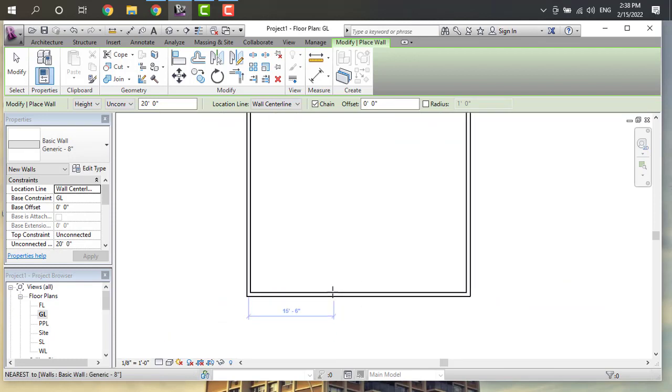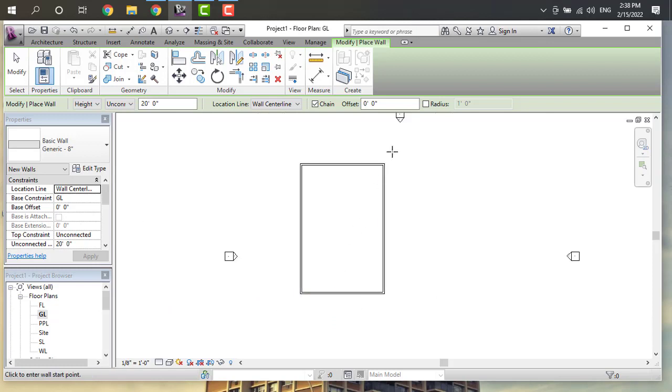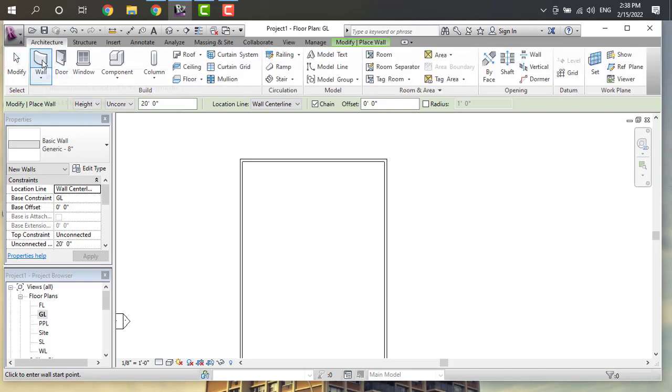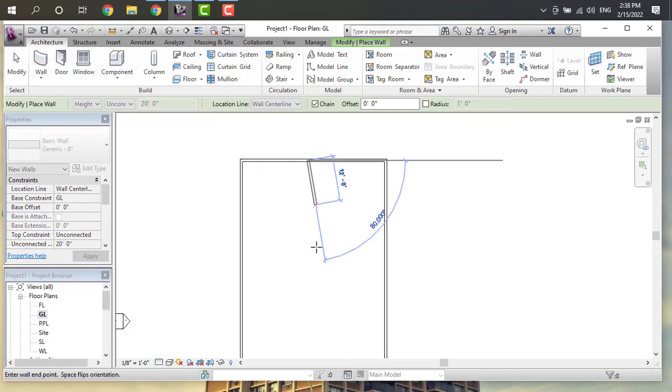Our exterior walls are taken, up to here our building outer walls. Again I want to take a wall from this midpoint. I want to change it to 5 to 6 inches less than that.